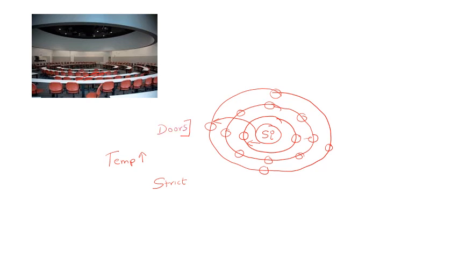So the first people to leave this class would be the students who are sitting on the last bench. Now, as soon as these students leave, what is going to remain behind over here? As soon as the student has left, what remains behind is an empty bench. Now, for all our lectures, this empty bench will be a hole. And the student who has left and gone outside will be an electron. So as soon as an electron leaves and goes outside, what it is right now is a free electron.